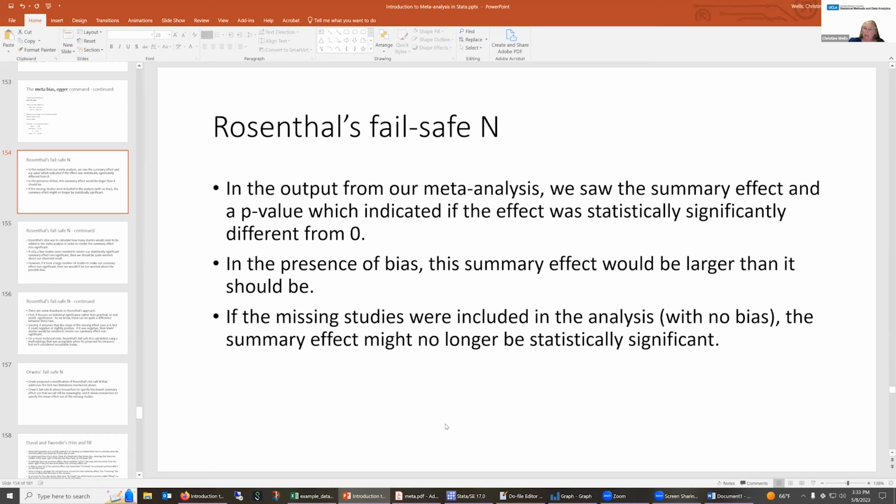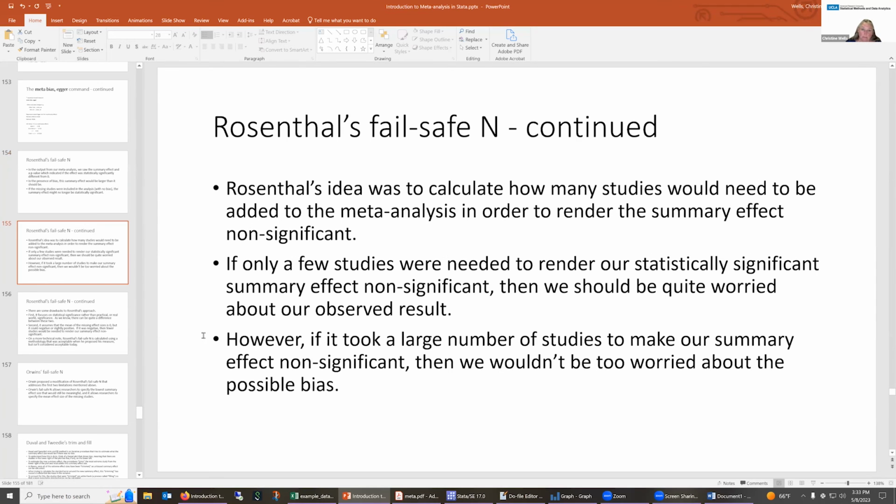In the output from your meta-analysis, we see the summary effect and a p-value, which indicates if the effect is statistically significant from 0. Okay, we got that. In the presence of bias, the summary effect would be larger than it really should be, assuming that the small studies are missing, the studies with the smaller effect sizes are missing. So we have overestimated our effect. If the missing studies were included in the analysis, so we got rid of the bias, the summary effect might no longer be statistically significant because it's going to be smaller and closer to 0, therefore it might not be